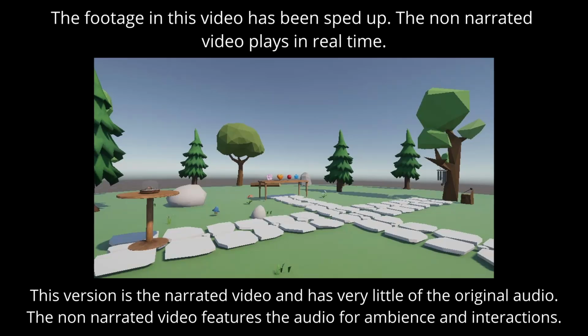This is my submission for Task 2 of the Designing for Virtual Reality module. The footage in this video has been sped up, featuring a narrated walkthrough. The non-narrated video plays in real time with no narration and features audio from the environment. I'd like to note that the activities, environment and audio featured in this video have been made by either myself,